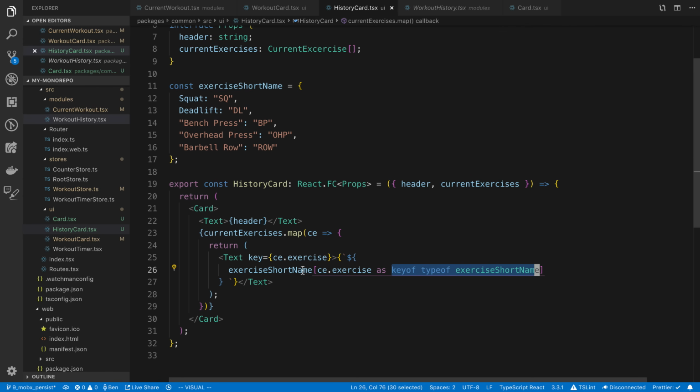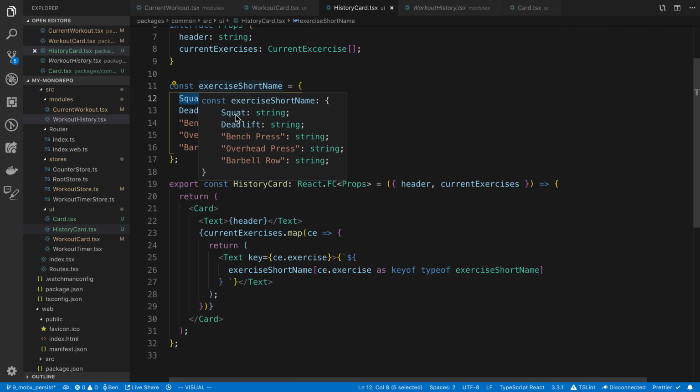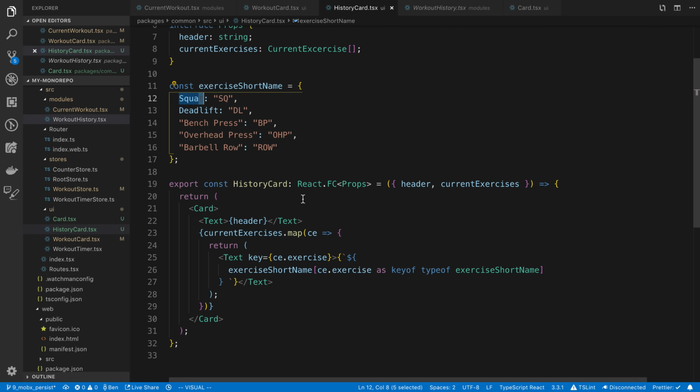thing. So basically we created a map right here, which maps to squat maps here, deadlift maps here, bench maps here, right? And so if I hover over the type, you'll notice it says these are the only keys available. So I can't just pass a string as the key. I have to pass a key of one of these things. So the way I can do that is I can say type of this, and then the key of means